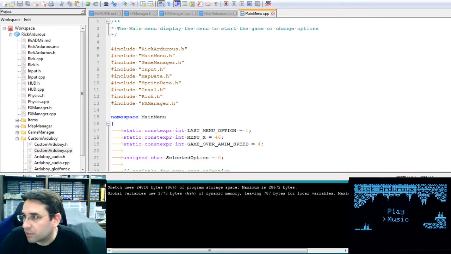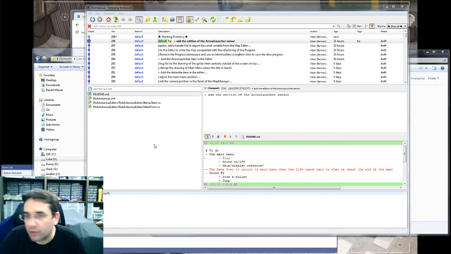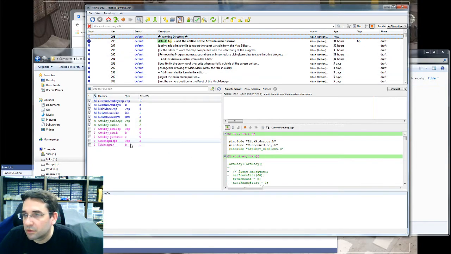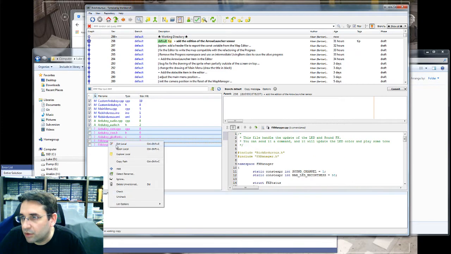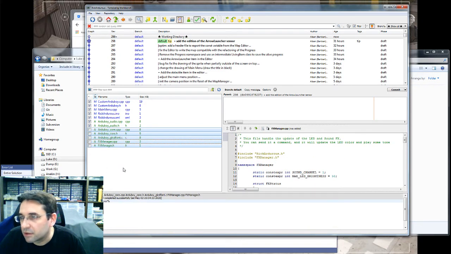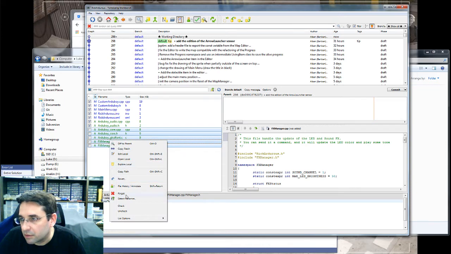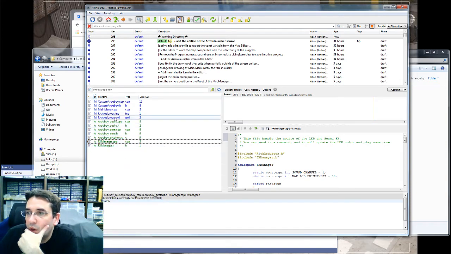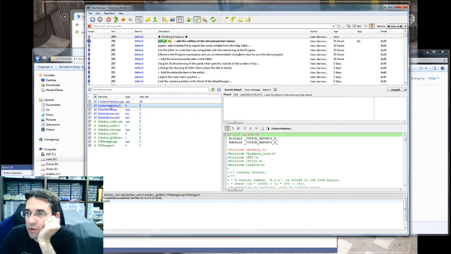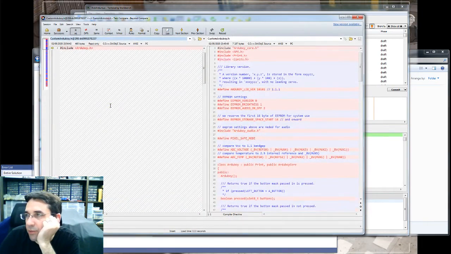Yeah, so let's put the workbench here. Okay, so I need to add these files. Check. All right, so in our custom Arduboy, I have just